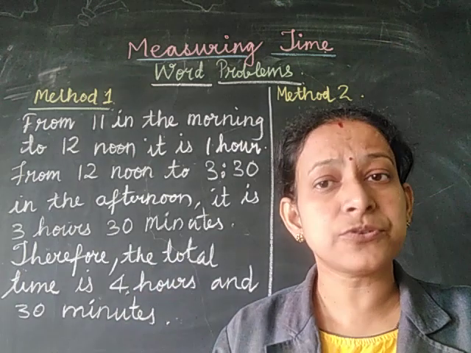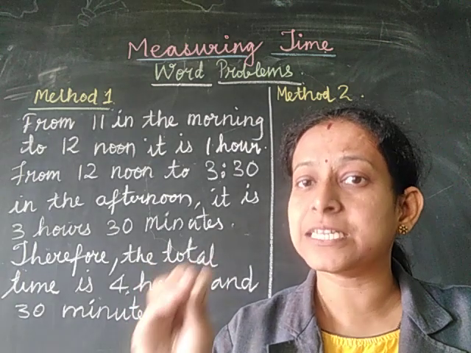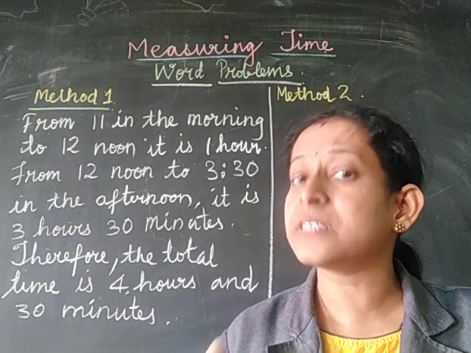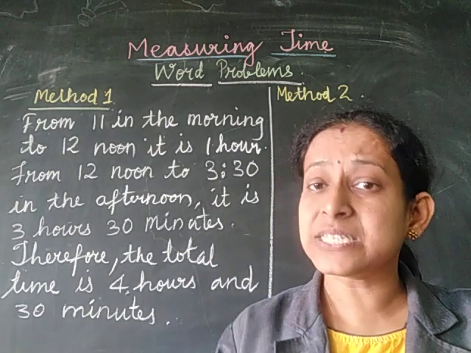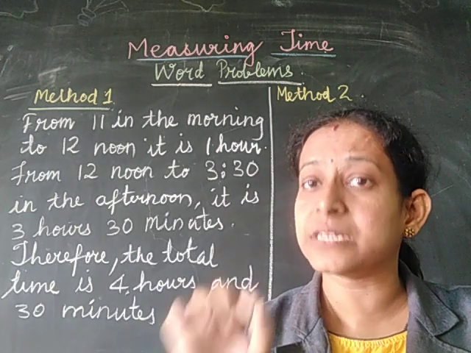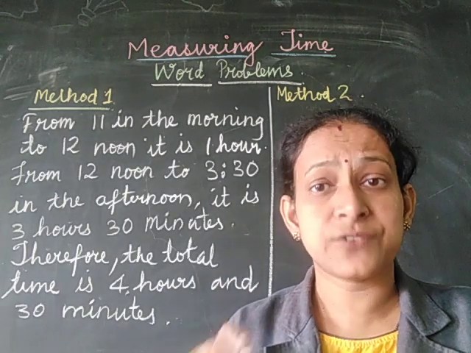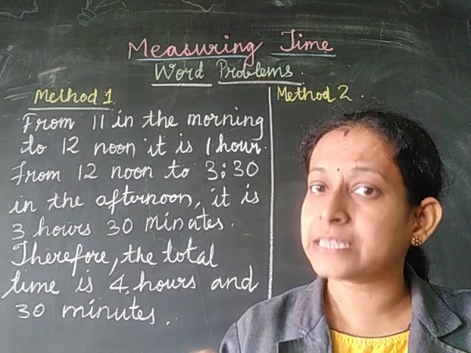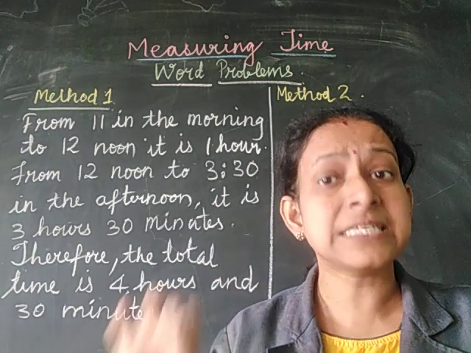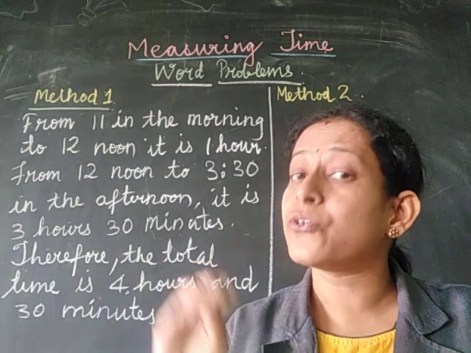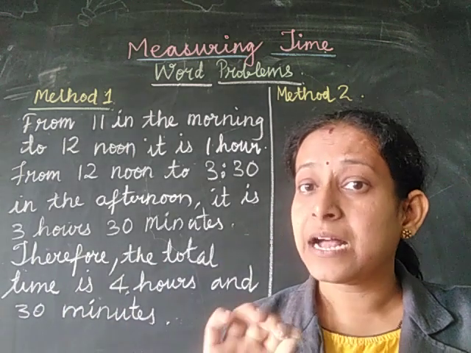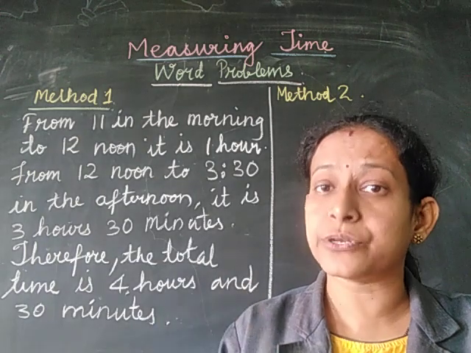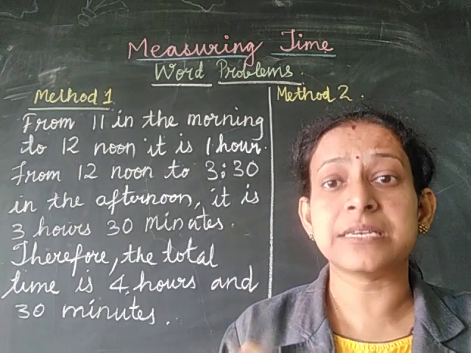And then what do we have to do here? We have 15 hours 30 minutes and 11. We have to find out the difference between these two, so we have to subtract. We have to subtract 11 hours from 15 hours 30 minutes, which you studied yesterday, how to do subtraction. So now we are going to subtract in method number 2.